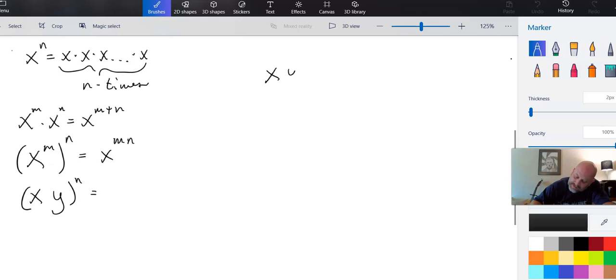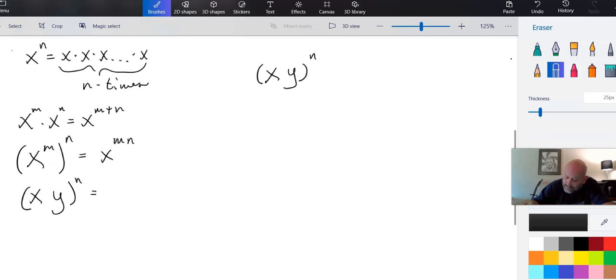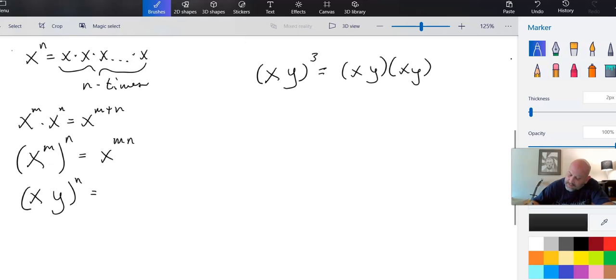If I have x times y raised to the nth power, let's make it the third power because that's easier to deal with. What that means, definition-wise, is this is x times y times x times y times x times y. And we know with multiplication, you're allowed to change the order. If it's all multiplication, there's no other operations, you can shuffle those guys around, which means I can rewrite it this way,